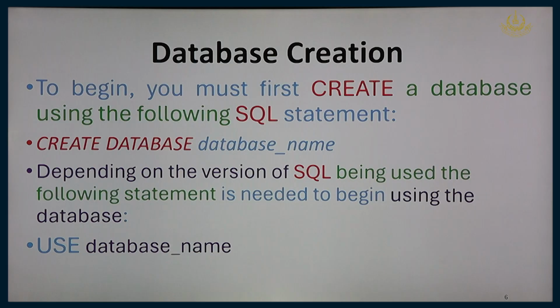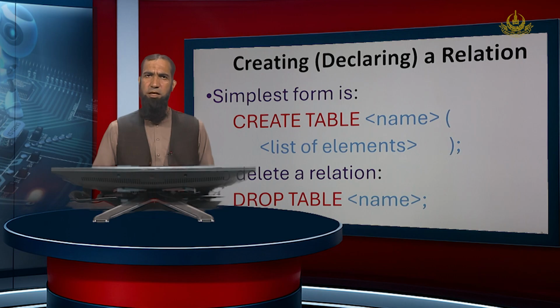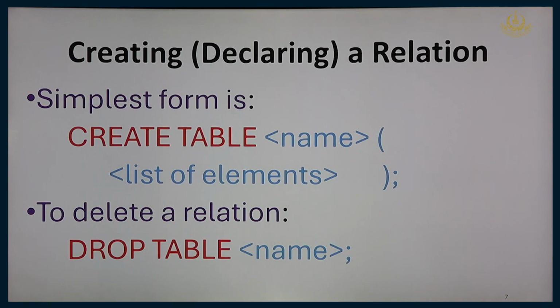logic remains the same. Once the database exists, the next step is to create tables, or what we call relations in relational database terminology. The general form of the command is the create table keywords, then the table name, and in brackets a list of columns and their data types. As shown on screen, we are creating a table named students. Its columns are student ID, which is of type integer, then name, which is basically a variable character, and its